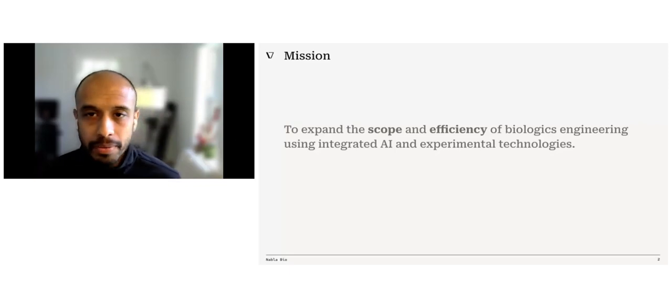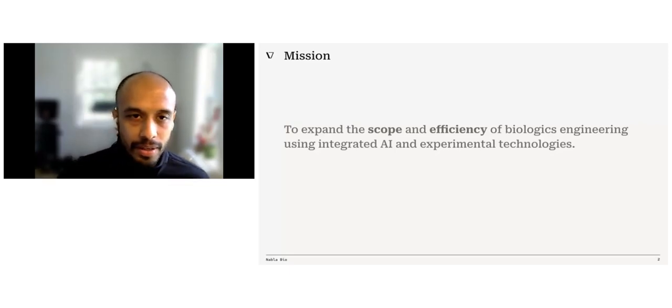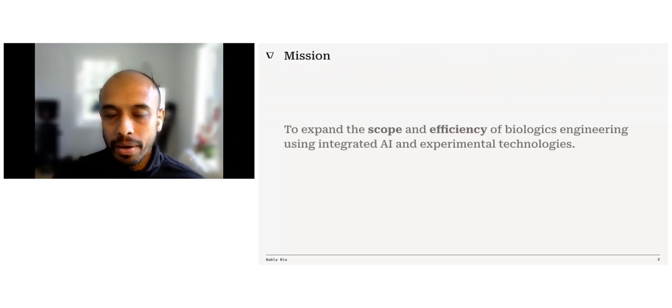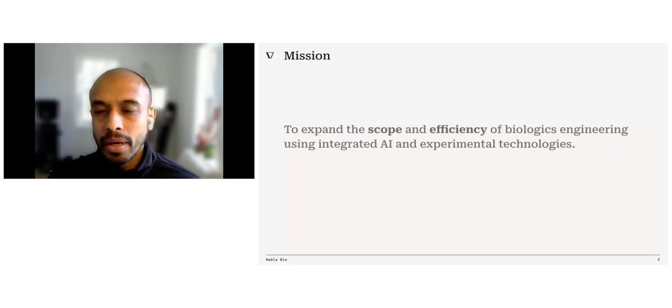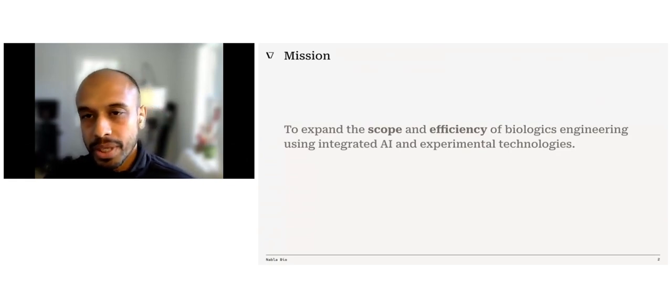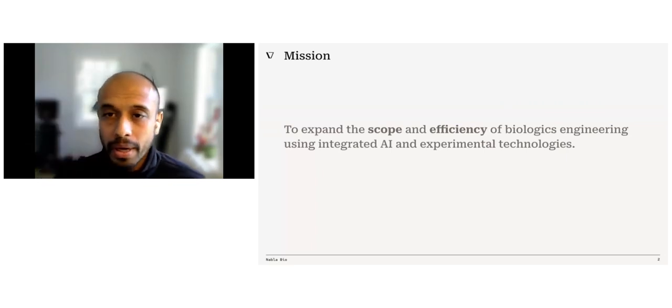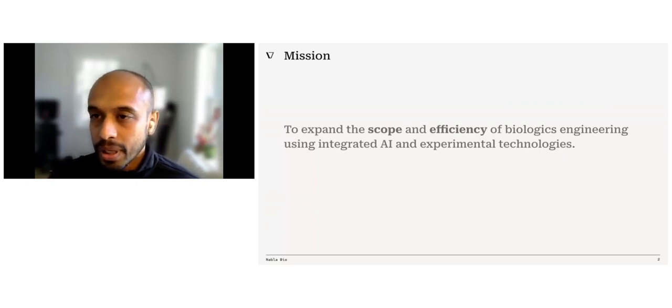So I thought I would start with a high level overview of the company and talk a little bit about our mission at Nabla. And that's to expand the scope and efficiency of biologics engineering using integrated AI and experimental approaches. So when I talk about efficiency, I mean decreasing the time or cost it takes to run discovery and lead optimization. And in terms of scope, I mean increasing the set of interactions or pathways that we and pharma can